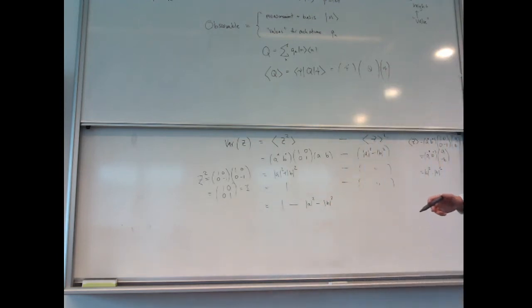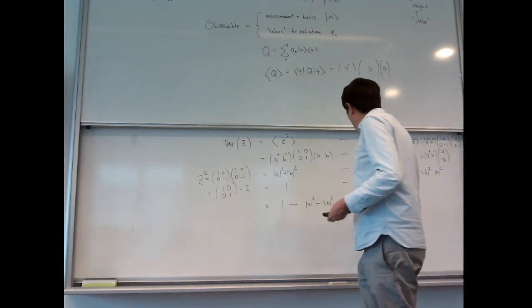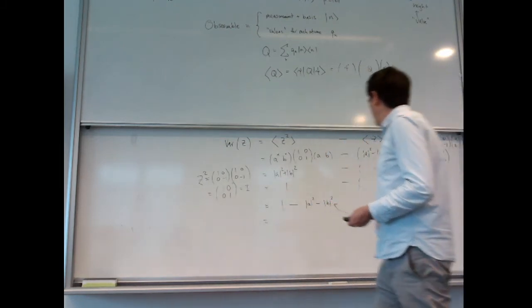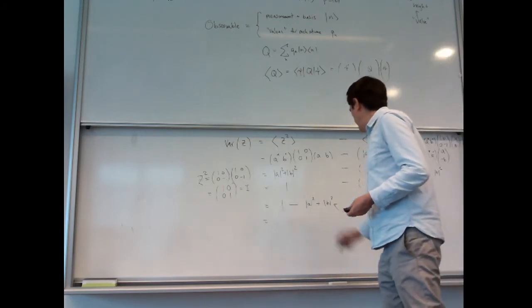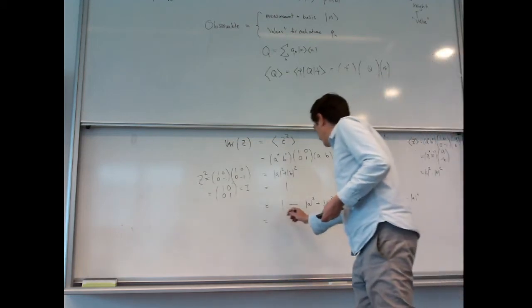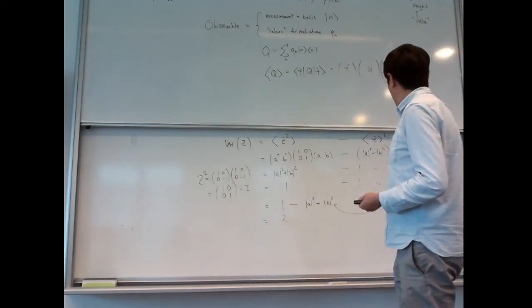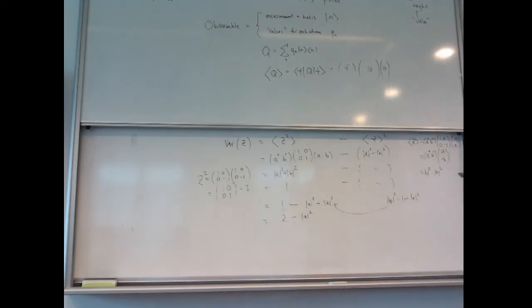Another way to write this, because we know that beta squared is equal to 1 minus alpha squared, is to put that in there. Isn't that a squared plus b squared? Yeah, you're right, I thought there was something wrong there because it's going to get 1 or something. So if I substitute that in there, then I'll get 2 minus